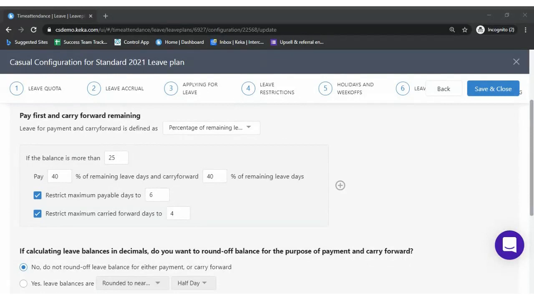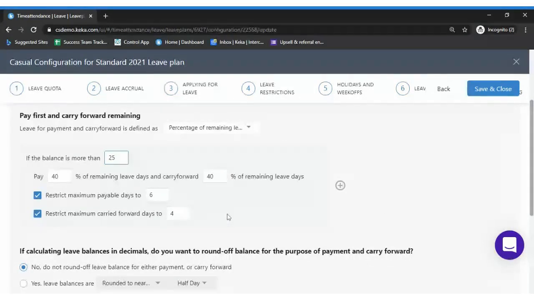So 10 would be under carry forward if we take 40% of the balance. Since we have restricted the maximum carry forward days up to 4, though 40% of 25 is 10, the carry forward would be done only for 4 days. The remaining 6 days will automatically expire. So you can manage that in this particular setting.